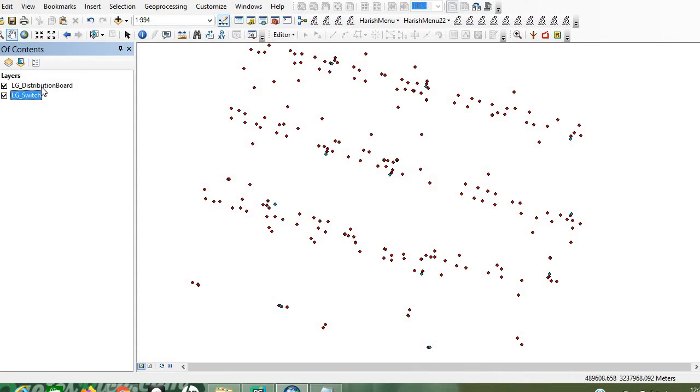First I am going to create a buffer layer for the distributed board. Next I am going to select the switches within the buffer layer of the distributed board. Next I am going to copy the switch features within the buffer zone of the distributed board to a new shapefile. Okay, these are the three things that I am going to discuss with you today.